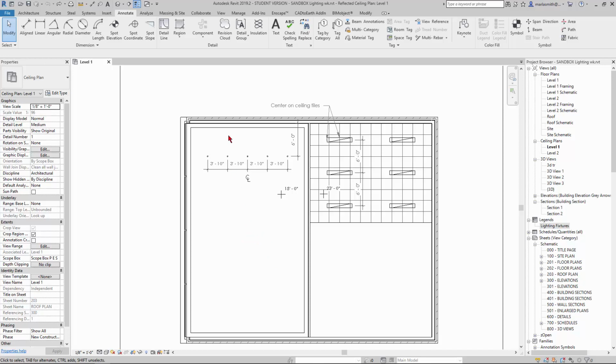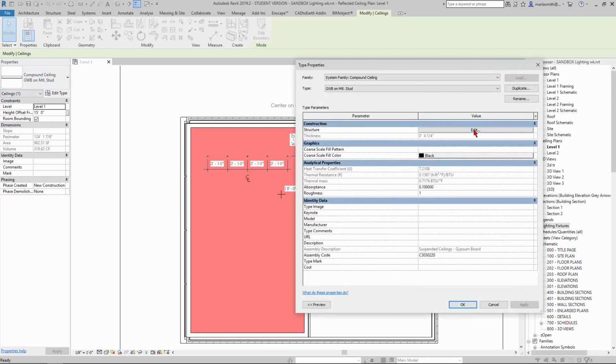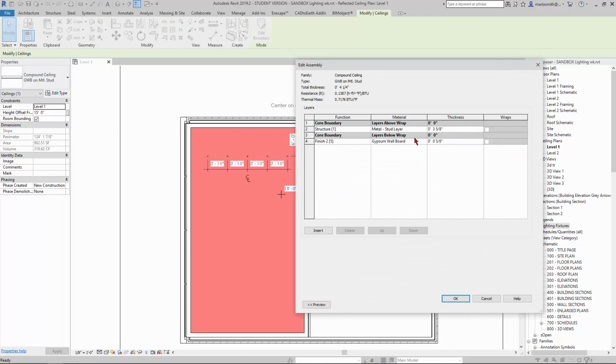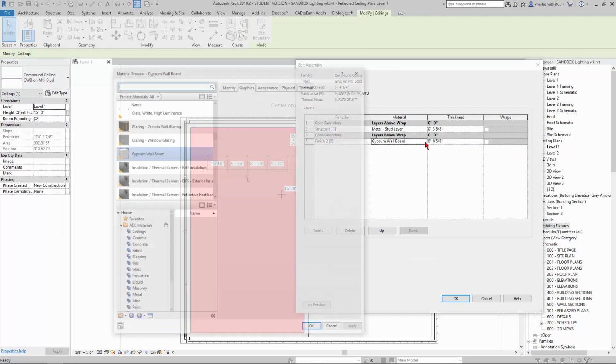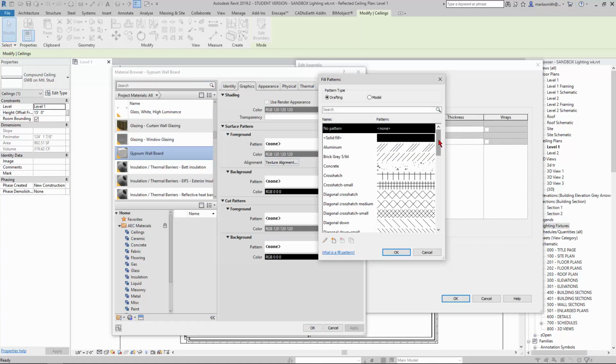And so what I want to do is give this a pattern so we can put it in a legend. So I'm going to come in and sort of tab select until I get to that overall ceiling. And I'm going to go to edit type. I'm going to edit the finished material of gypsum wallboard, right? And I'm just going to go in, and under the surface pattern, I'm going to add,